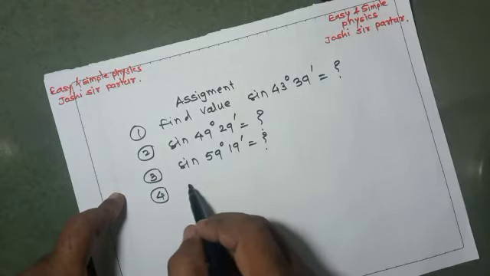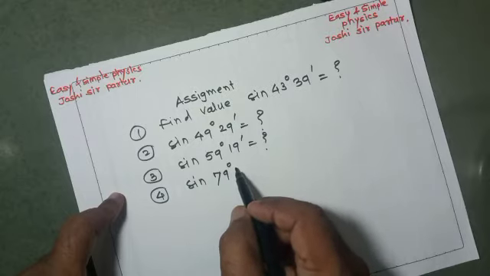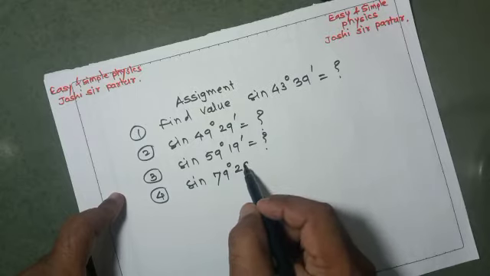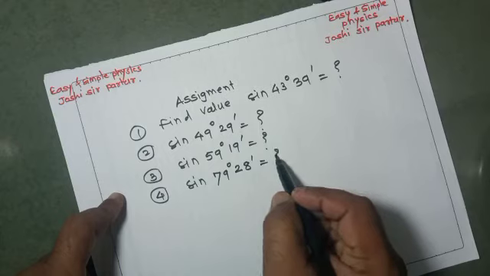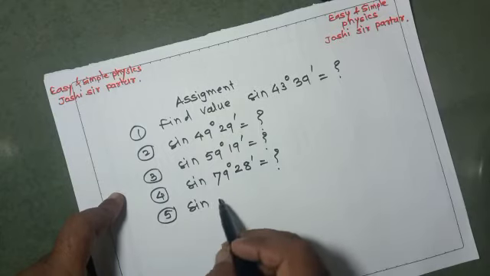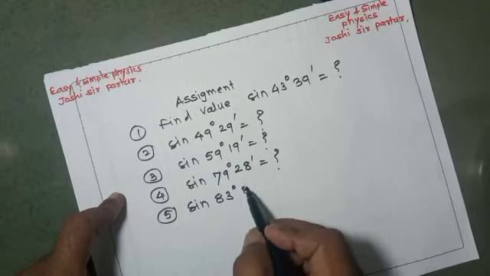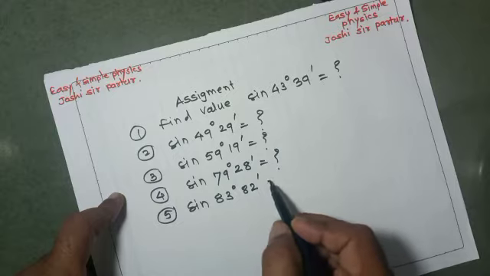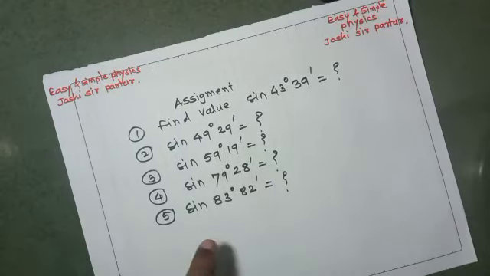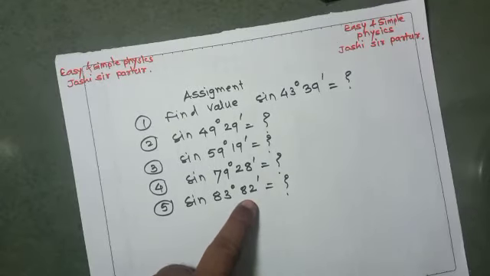Number 4, sine 79 degree 28 minutes. And number 5, sine 83 degree 82 minutes. See here, we can take it as 83 degree 82 minutes, but 82 minutes is not available